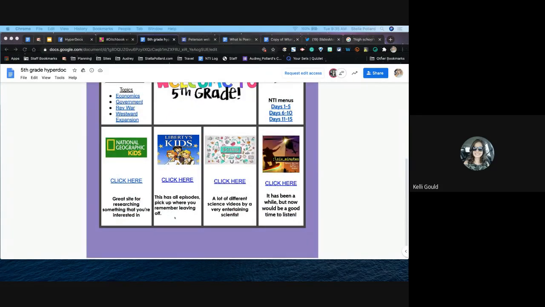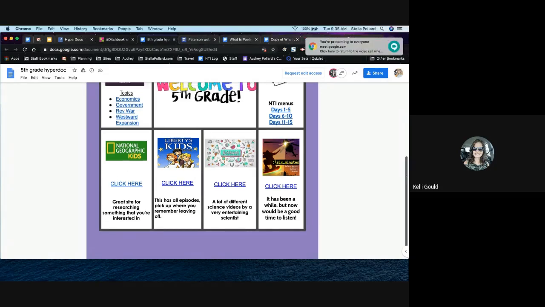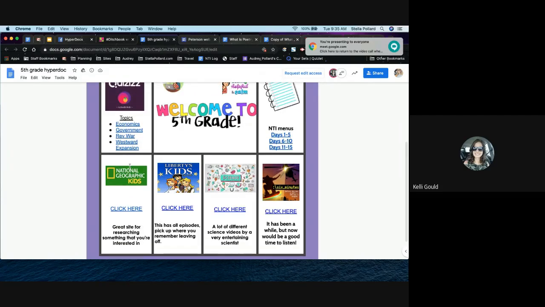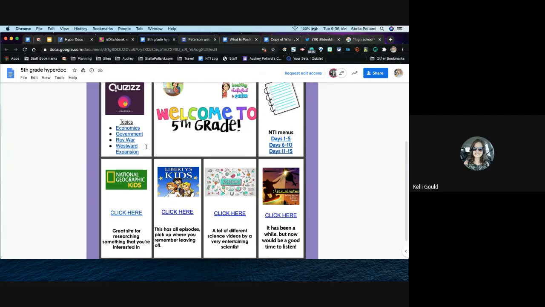So you can see I had the NTI menus from day 1 to day 15. Again, this was at the start. And then just some other things that we used. What she's showing there on the bottom, we did Liberty Kids a lot. There were some neat science videos, which, if you're interested, are really great. We listened to 6 Minutes, the podcast, and did a lot of quizzes for social studies. And then up towards the top, so if you could scroll up for me there,